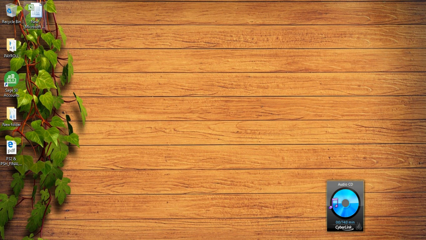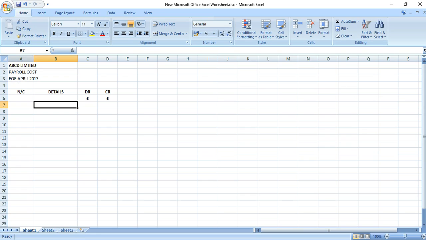Okay, so I have this Excel file with me. I put the name of the company on the top, payroll cost for April. This is the month we are going to post the payroll cost for in Sage accounts. Now there are different elements of payroll journal. So the first one is called gross wages or gross salary. Next one is called employer NI. Next one is called net wages, and then we have PAYE, then we have employee NI, and then we have employer